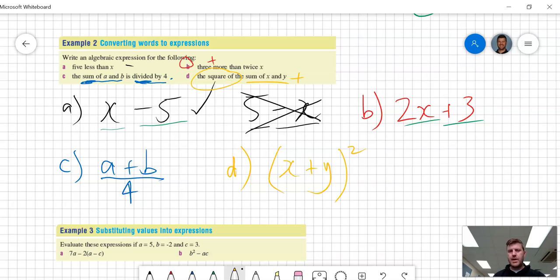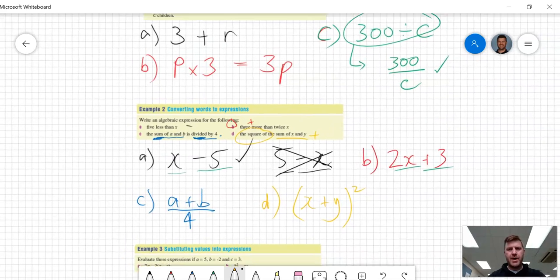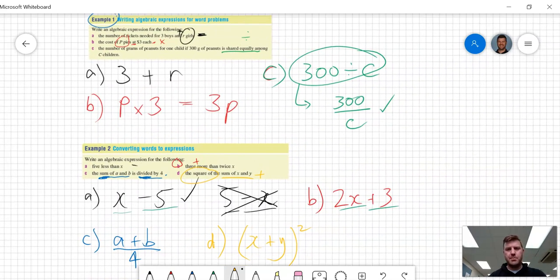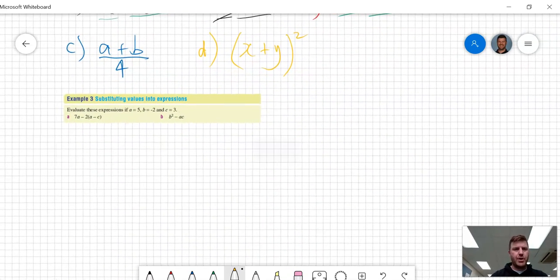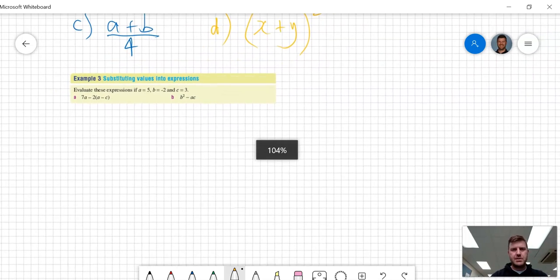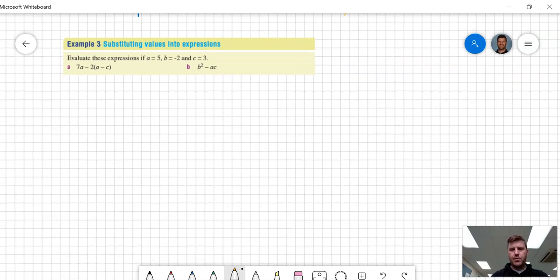Okay, so there you have it, guys. Examples 1 and 2 to help you write expressions based on some worded problems. The third example we're going to go through today is substituting values into expressions. We spoke about this just before, and what I'm going to do is start by rewriting this example